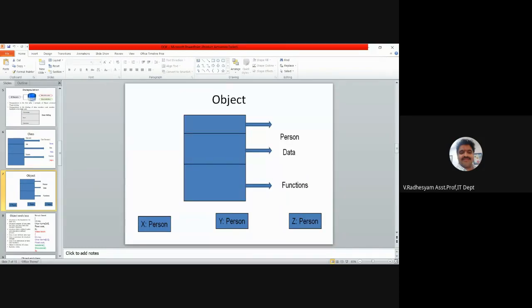The important one is the object only. Because of the object, the programming paradigm itself is called object oriented programming.